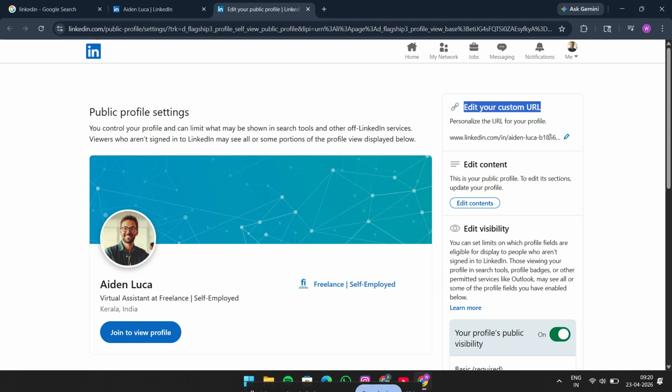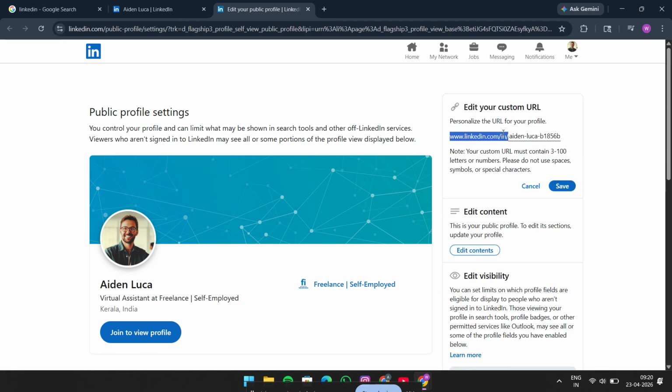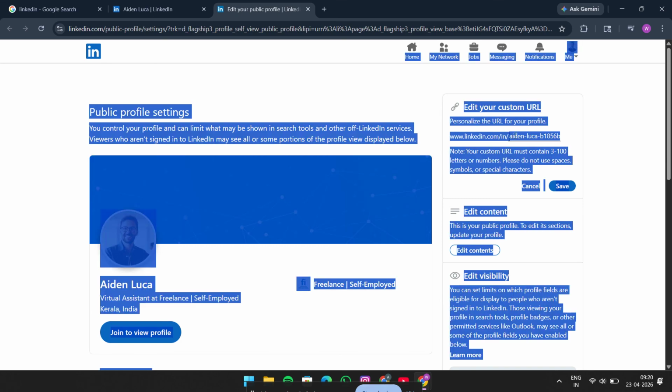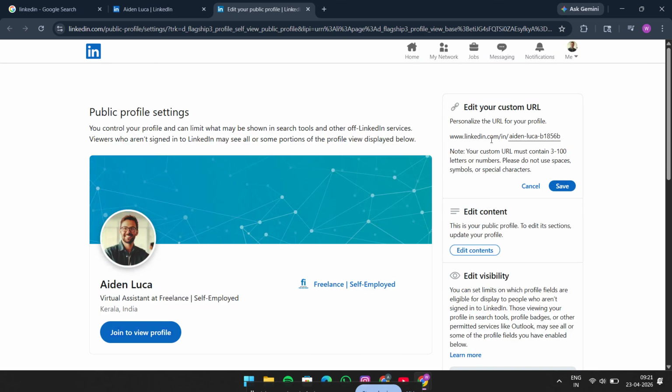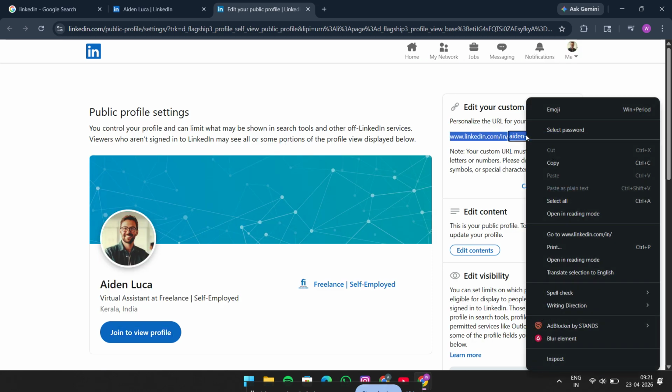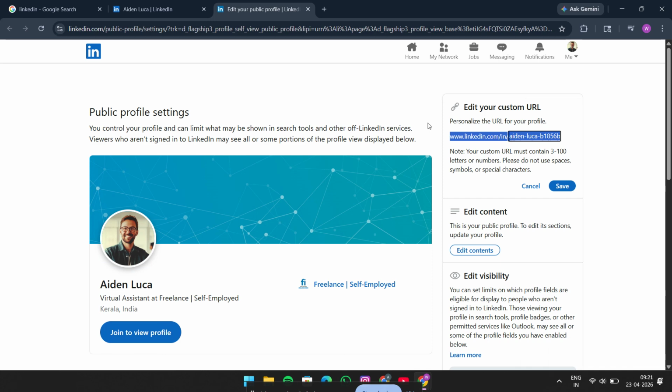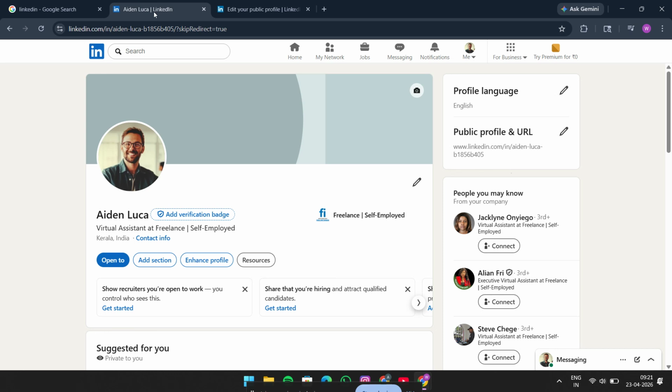If you want to copy it, simply highlight the link with your mouse, then right-click and choose Copy. You can also use the keyboard shortcut if you prefer, but the right-click method is the easiest for most people. Once it's copied, you can paste it anywhere you need it, whether that's in a message, job application, portfolio, or